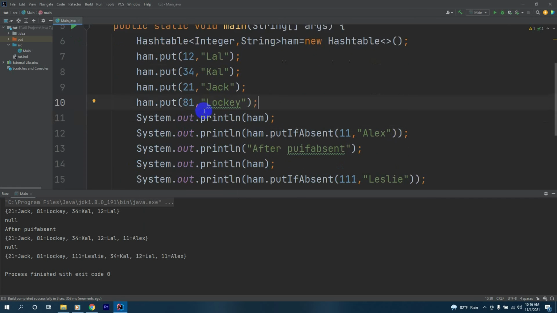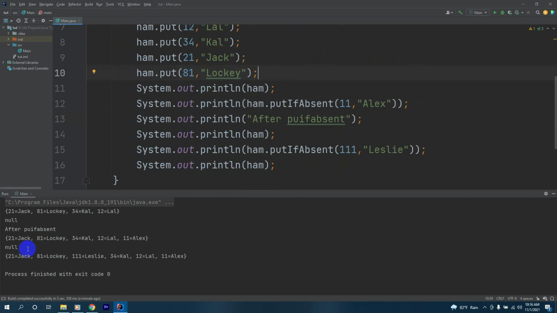That's what happened here. And after that it printed null, and after that another putIfAbsent, we gave Leslie for the key 111 and printed Leslie. That's how we use the putIfAbsent method to initialize values if they are absent.